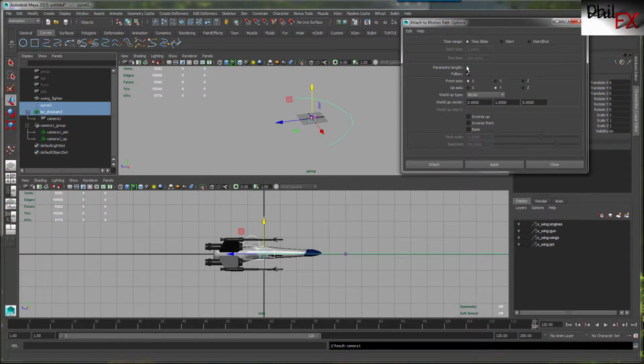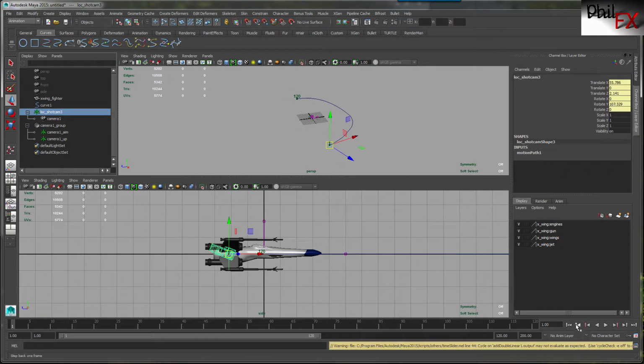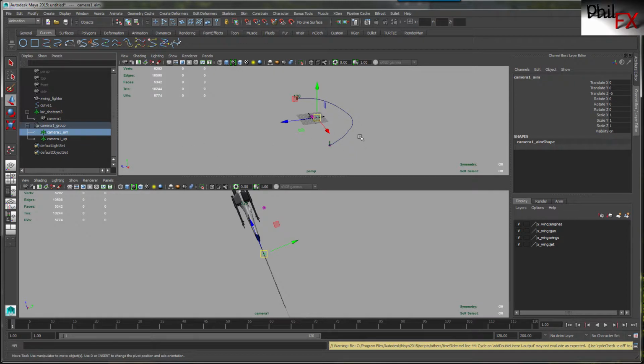And I'm just going to take the default. I'm going to leave parametric length off, and so let's just attach that and apply it. So we go back to the beginning and let's look through our camera 1. Now here we see some strangeness going on relative to where we have the aim and the